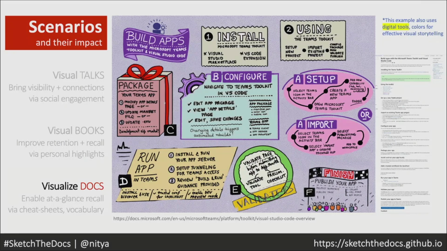It's so much easier for me to just look at this and be like, oh, I can literally just by even seeing the colors know how many steps are there. And if I wanted to understand later, hey, how do I do packaging again? I can look for the thing with the bright red bow because I know that's the visual cue for package, right?